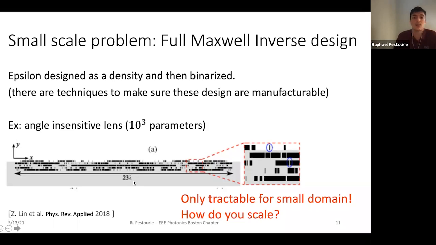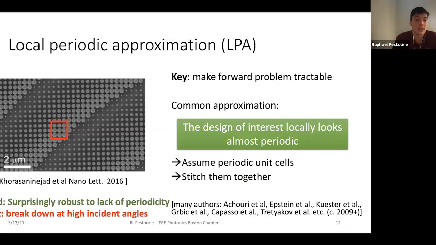The reason is that it's tractable only for small domains, because when you do inverse design and large-scale optimization, you still need to solve the problem multiple times. And so if you need a supercomputer and a very expensive simulation, you just cannot scale that well. So the question is, how do you scale? Because metasurfaces are around, and so people have found solutions. The way people make the problem tractable is by relying on an approximation that we call the local